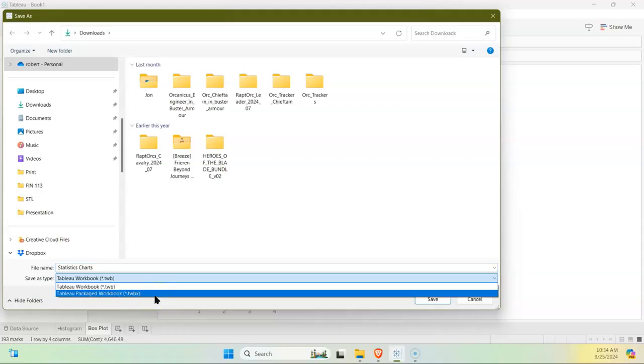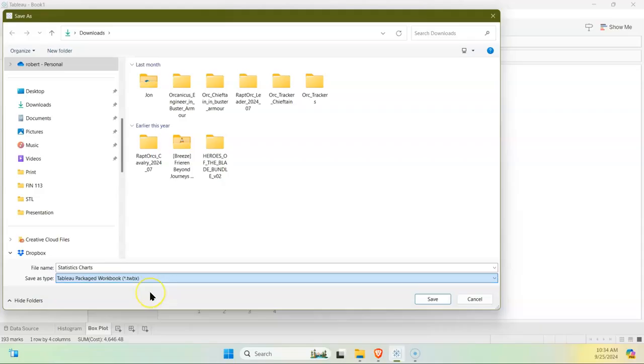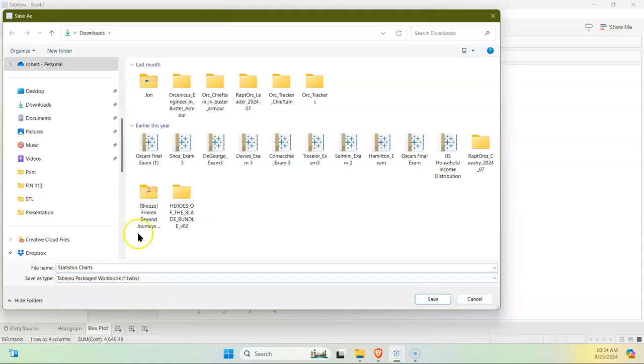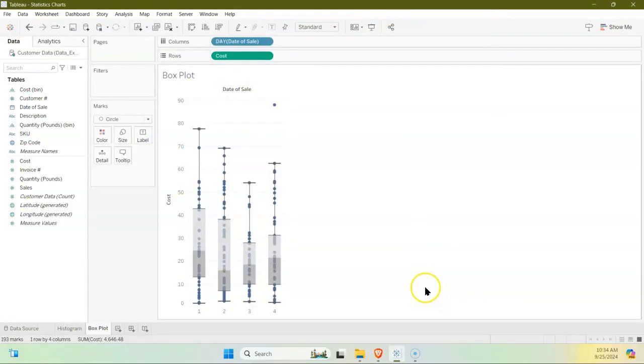So no matter who you send it to, they'll be able to open it up. Because if you sent me the TWB file of what we just did and I opened it up, it's not going to find the data. But if I do a packaged workbook, all the data will be fine. And so I save it. So all the data is now saved and contained into that, and we'll be able to open it and take a look at it. And this will be uploaded for engagement for this